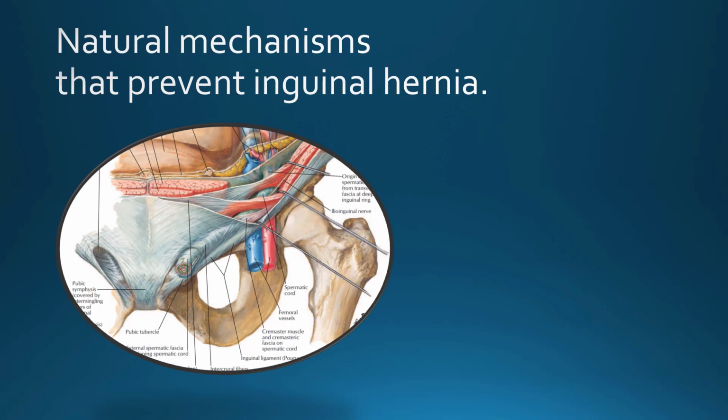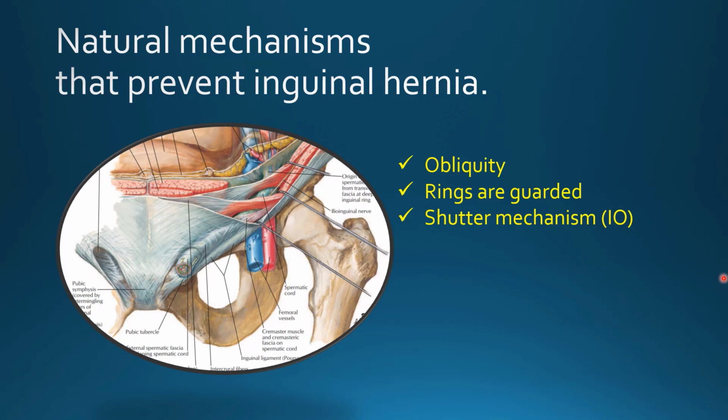But there are some natural mechanisms which are preventing the inguinal hernia. So let us enumerate what those mechanisms are. First one is obliquity. Obliquely directed, and within the musculature it is obliquely placed. Whenever muscles contract, they will compress anteroposteriorly. The canal will be compressed anteroposteriorly. Rings are guarded. Superficial inguinal ring, just behind it we find conjoint tendon. Deep inguinal ring, just in front of it we find internal oblique muscle.